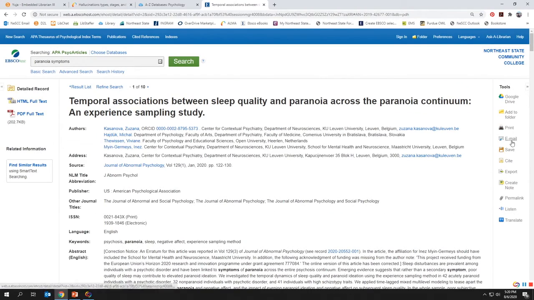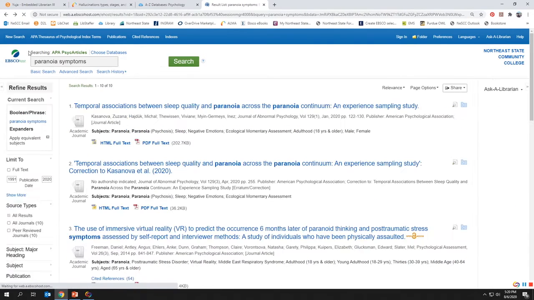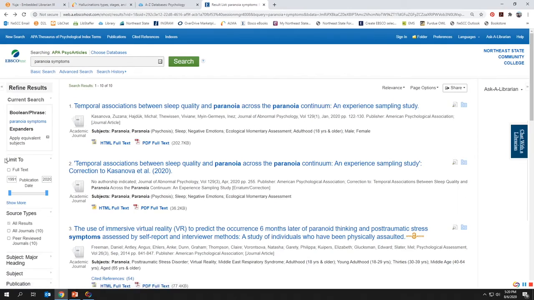You just go in, you can email it. Here's the citation button, like in the Gale database. Permalink you can save to get back here later, so on and so forth. So let's go back. Also, before I forget, if you do get like a ton of results, you can always